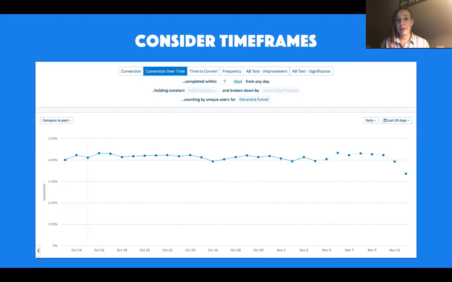So it's important to think about what's the shortest conversion window you can apply to a chart? What cadence makes sense for your product? How long would someone take to do those actions? And then in terms of the view, do you want to look at it daily, weekly, monthly, and making sure that your events are firing in that date range, and that you're getting some information that actually makes sense for